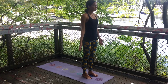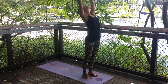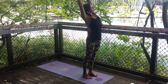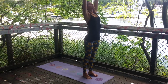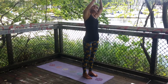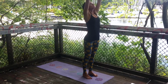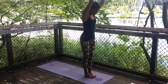Arms come up, upward salute. Bind the hands and stretch over to the right side bend. Inhale up through center. Exhale over to the left. Inhale up through center. Bring your big toes to touch, an inch of space between your heels, and drop down